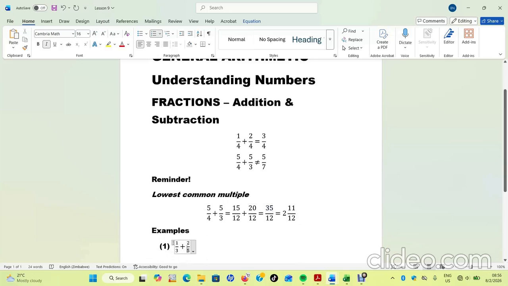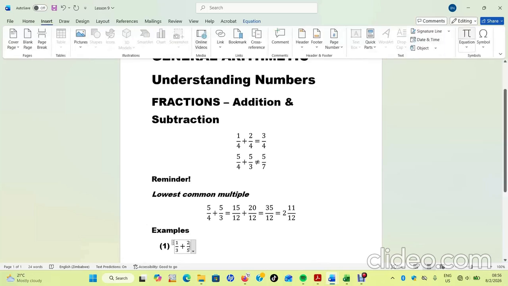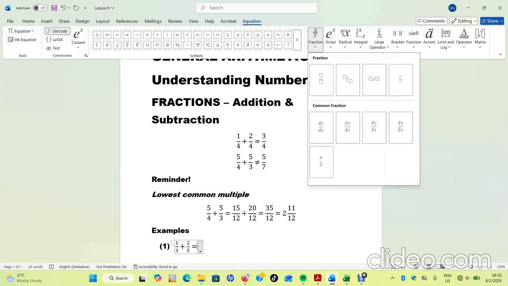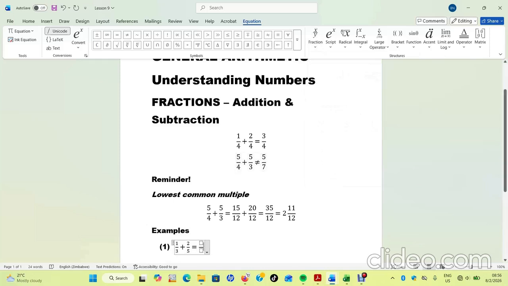Here is an example, 1/3 plus 2 over 5. So remember, we will need to have a common denominator. How do we get that? We look for the lowest common multiple of those two denominators. The lowest common multiple of 3 and 5 is 15. Then for the first fraction, we can say 3 into 15 gives us 5. Then 5 times 1 is 5. Then our fraction becomes 5 over 15.